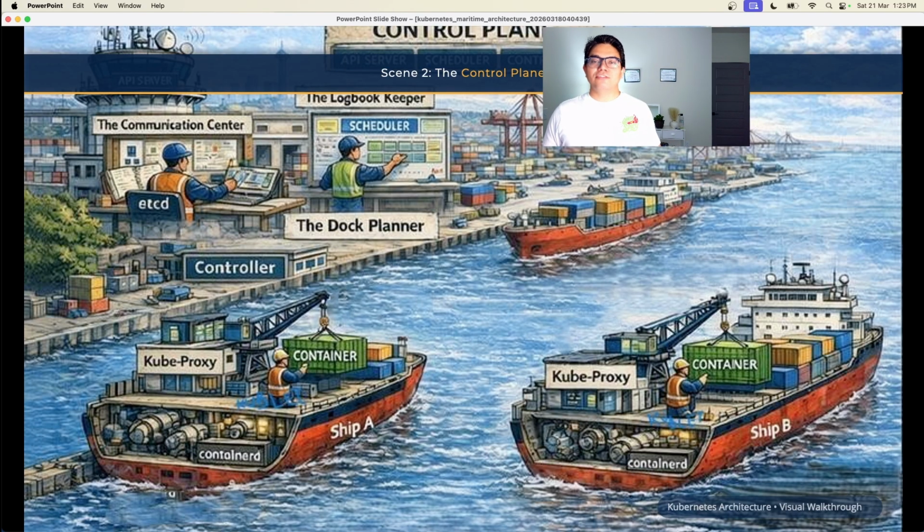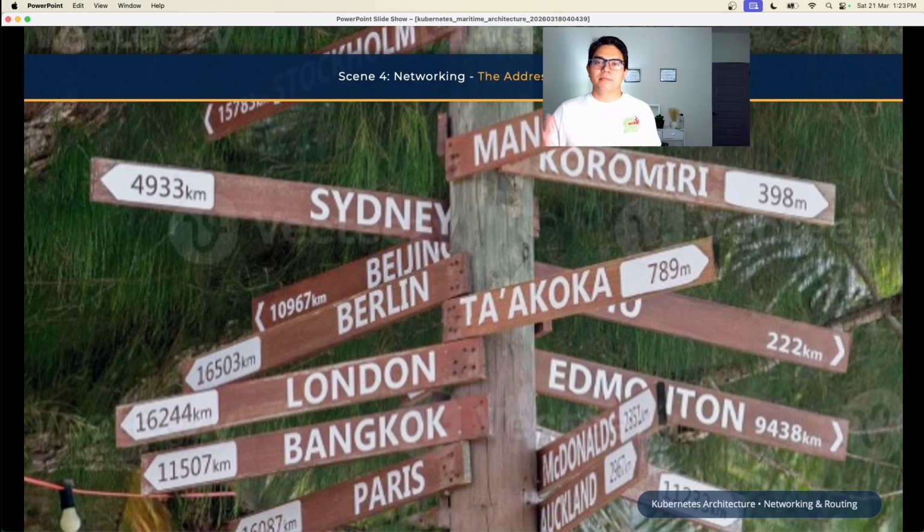Well, you don't. Instead, you follow signboards like service A, this direction, container B, that ship. Something like this picture. These signs don't move the traffic. They only tell the traffic where to go. This is Kube Proxy or CNI networking. It sets routing rules, keeps them updated because changes happen. Containers keep moving, getting destroyed, or recreated. These changes about the containers' precise locations are updated on all signboards in real time. It exists on every node, so no matter where traffic enters, it always finds the right direction.